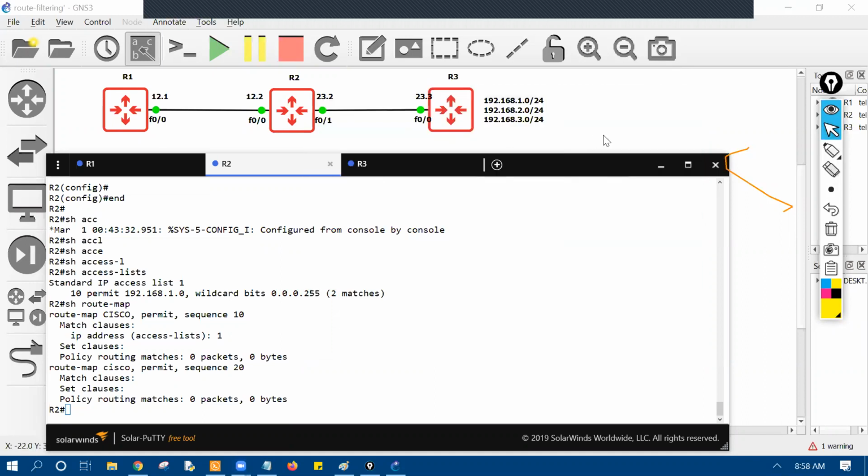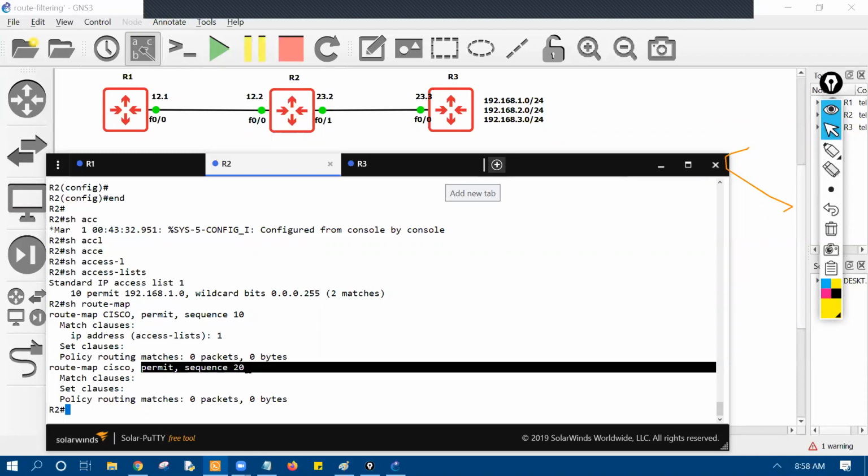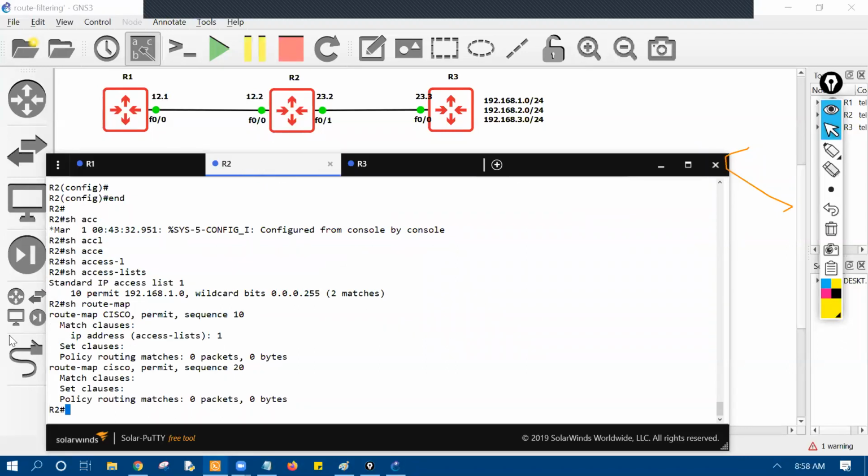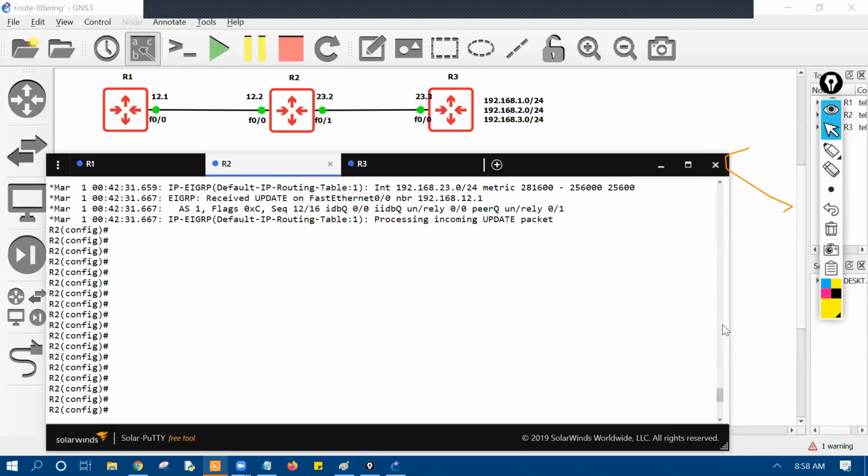In the first statement, I matched ACL number 1, so it should be allowed because I see the permit. But the remaining routes 2.0 and 3.0 should also be permitted, right? But why is it denying? If you go on R1, it does not have the route. If you check the debug, in the debug as well